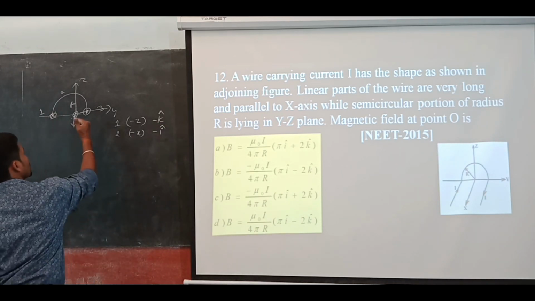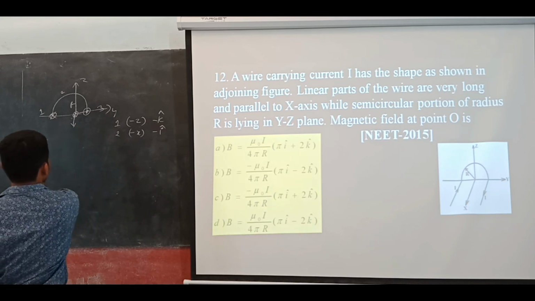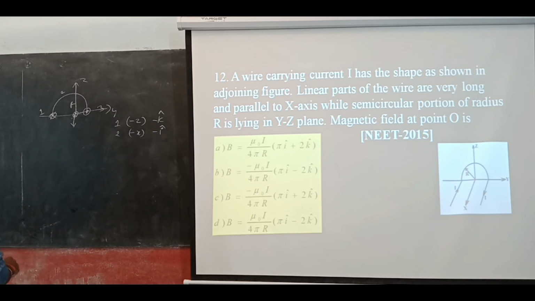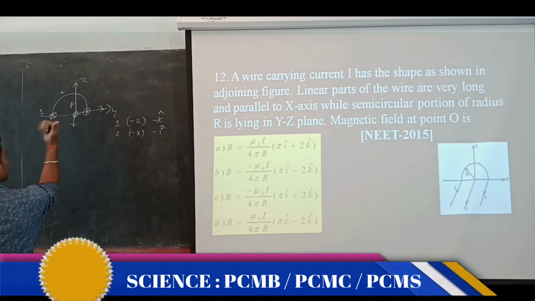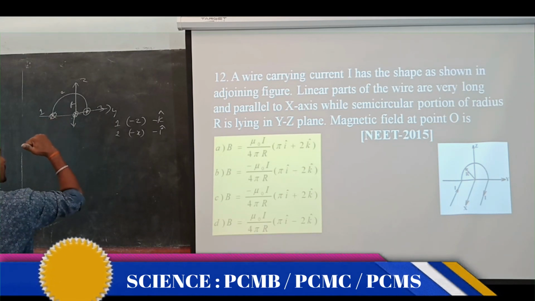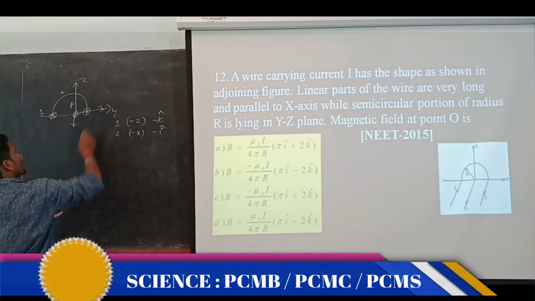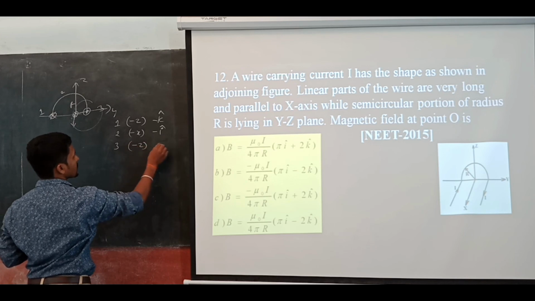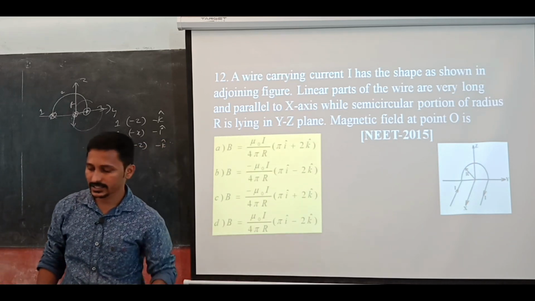Then here it is coming towards you, isn't it? So one is going towards you, another one is coming back, so the magnetic field is towards the board, it is in this way at the point P. That is again the z axis, see, rotating, so because of 3 it is minus z axis, that is minus k. That is the direction I found.